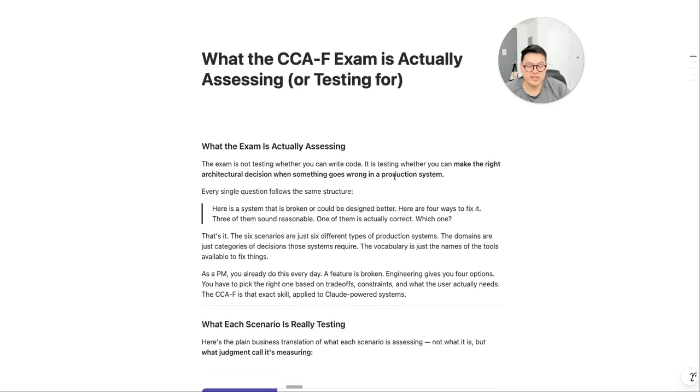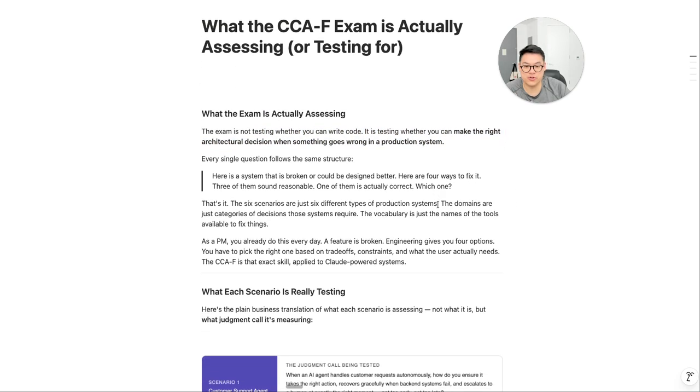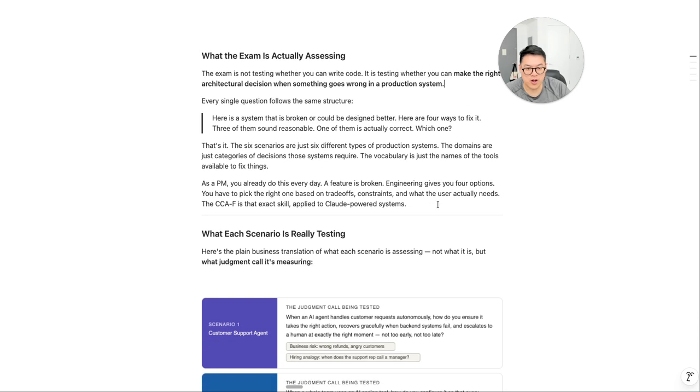One of the ways that I found that is also very empowering for non-technical professionals to really understand the exam is like, so what the hell is this exam even actually assessing? And I was like, this exam is not testing whether or not you can write code. It is testing whether or not you can make the right architectural decision when something goes wrong in a production system. So I was like, put it in a fucking term that I can understand, which is: